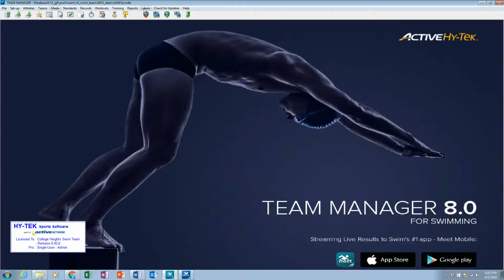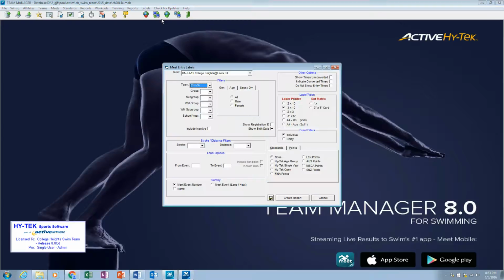So let's go to labels at the top, and we are going to do entry card / labels. So again, we have that same meet selected. You may actually want to do your boys first and then your girls. You may waste like one sheet of labels by doing that, but it's going to be a lot easier for you to make sure you have them on the right card. So in this case, I'm going to do the boys first. I'm doing my team. I'm sorting by meet event number because that's the order you're going to want to hand them to the